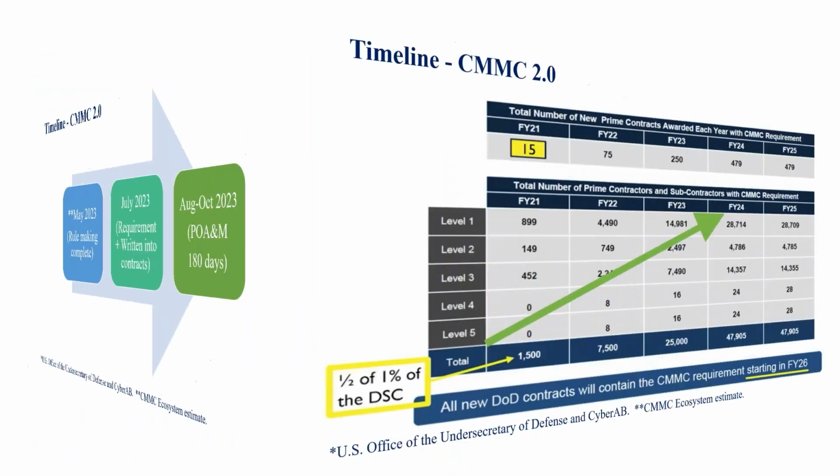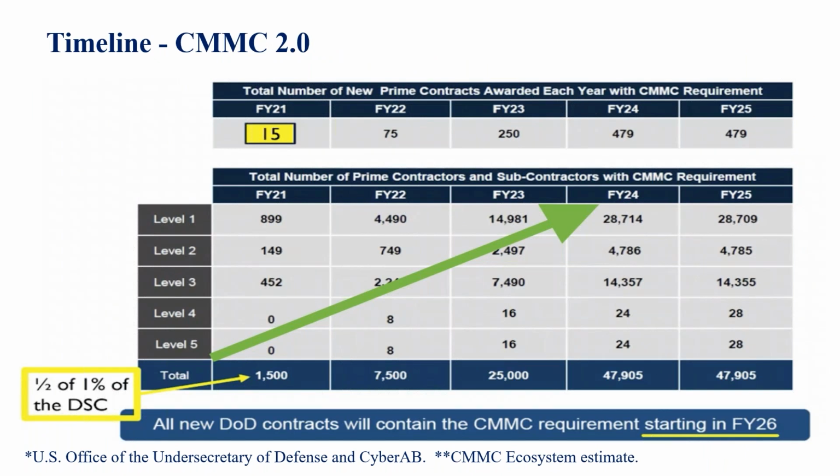So there we go. I'd like to show this. This is like a blast from the past. We've just traveled back to November of 2021, where I was pointing to the start of fiscal year 24 based on the information we had at that time. And I'd like to emphasize that because rulemaking for Part 32 of the CFR as well as DFARS Part 48 are all going to be done sometime in Q2 of 23. And that means that this is going to get serious and real on October 1st of 2023, or fiscal year 24. That was the original timeline document, by the way,